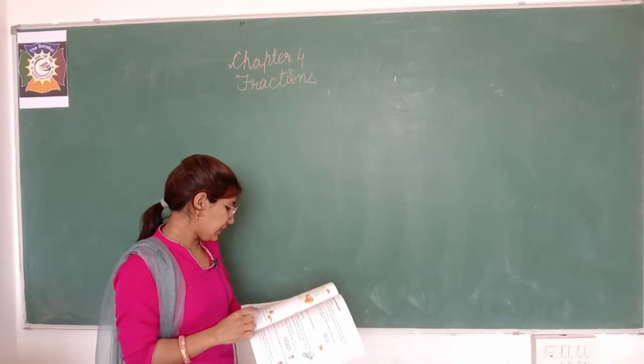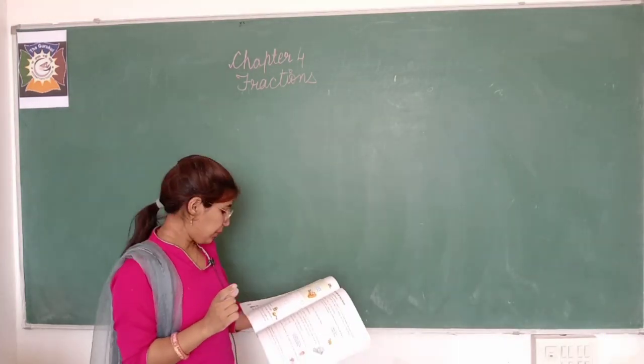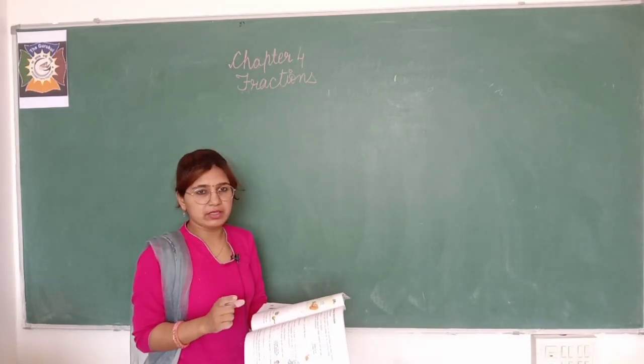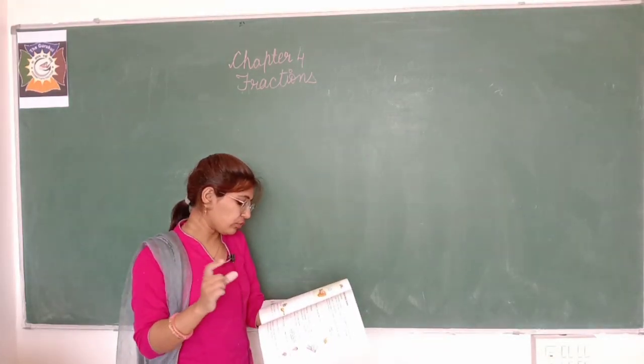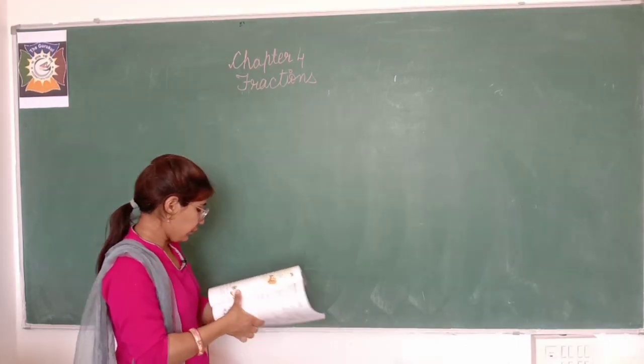क्या है बेटा कि अमीना ने रेड कलर का रिबन खरीदा है, कितना 3/8 मीटर, and blue color का रिबन कितना लिया है 1/2 मीटर. We want to calculate the length of the ribbon she bought. OK, here what will you do? You will write